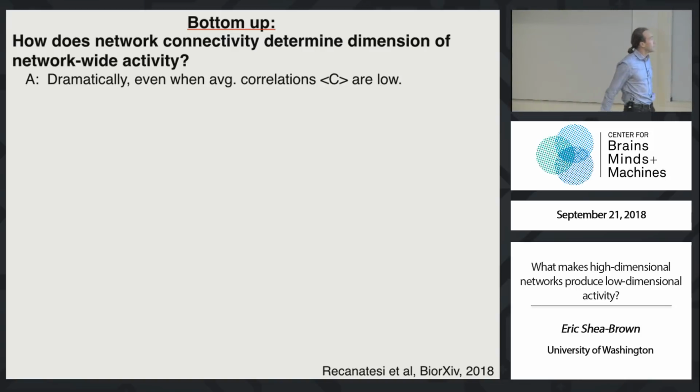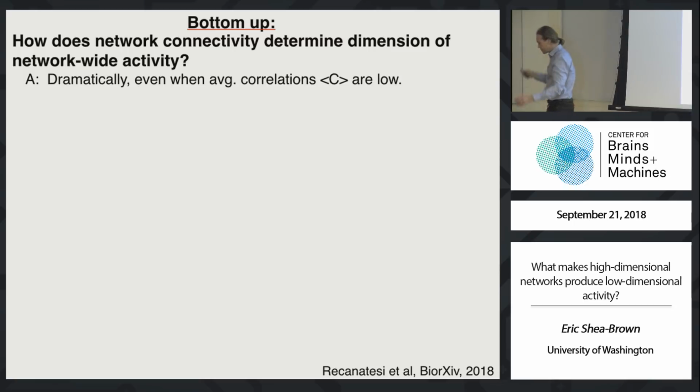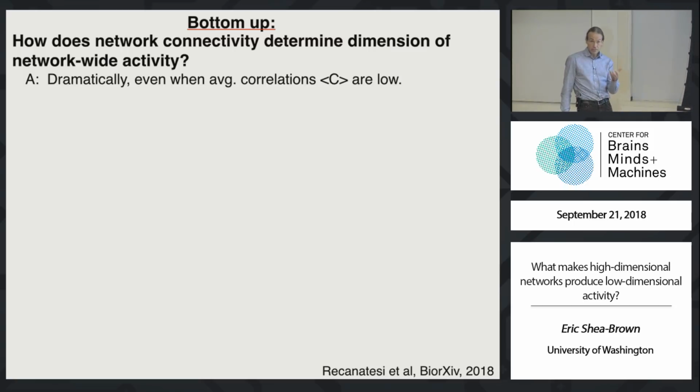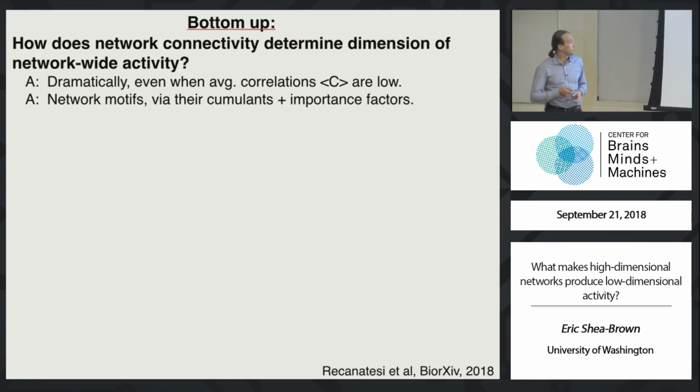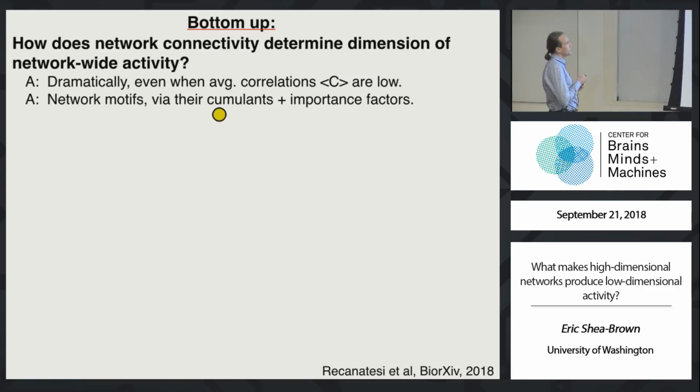To connectomes and circuits, well, please, if I care about the dimensionality, what is it about the connectome? Hopefully not its entire complexity. What are some simple properties of this that determine the dimensionality of the representation or the activity that a neural network with that connectome or with that circuit will produce? The first answer that I came to was that the effects can be dramatic, even when pairwise measurements of correlations are low. We suggested that network motifs are the right quantity to look at, and they become efficient only when you use the cumulant technology of Hu et al.